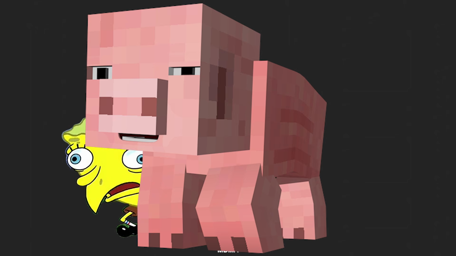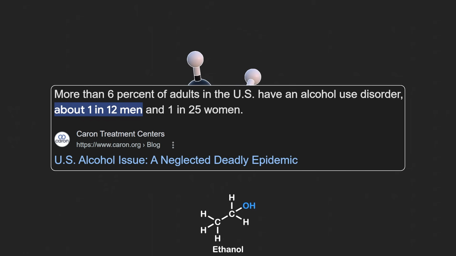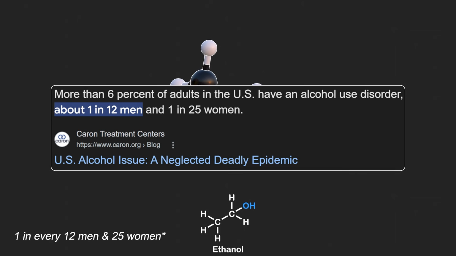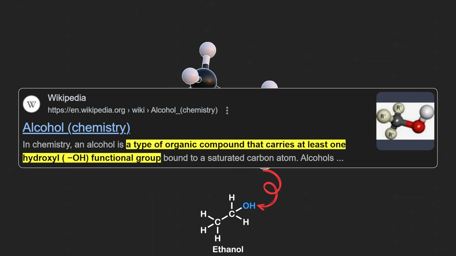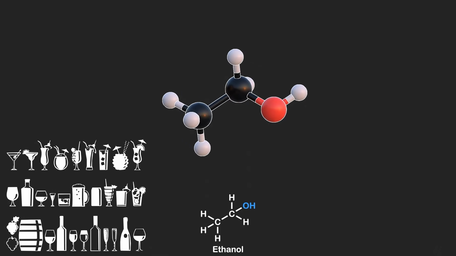The next drug that we have is alcohol. Alcohol is one of the most widely used and abused addictive substances in the world. In the United States alone, 1 in every 12 adults suffers from alcohol abuse or dependence. While alcohol in the context of chemistry refers to a specific class of compounds containing a hydroxyl group, alcohol in this context refers to beverages that contain ethanol,